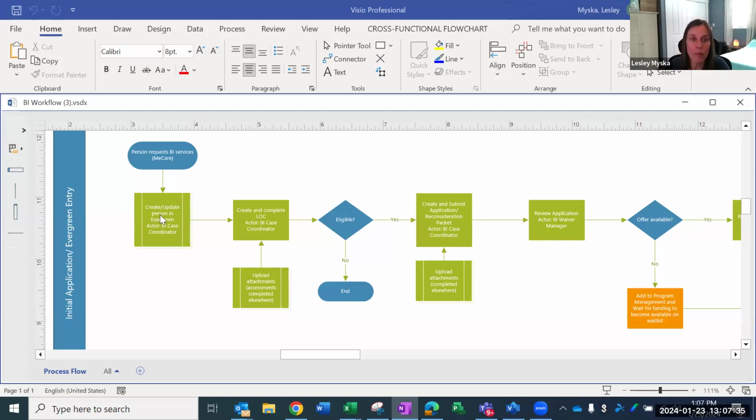And then what should happen once we're live in Evergreen at that point is the BI case coordination role, or Liz's role, somebody who's taking on those responsibilities would then go into the Evergreen system and create or update a person record that might already exist in Evergreen to include the brain injury information. So the first form that gets created after the person record is created or located, if it already exists, is the level of